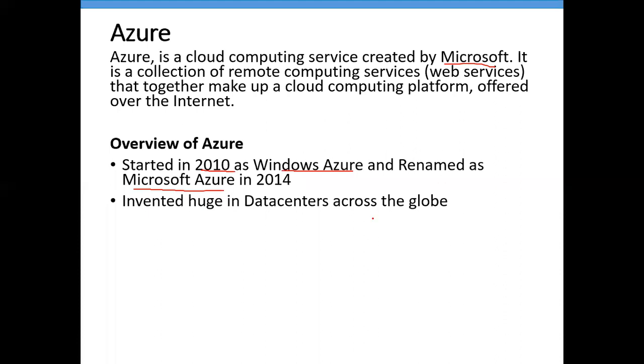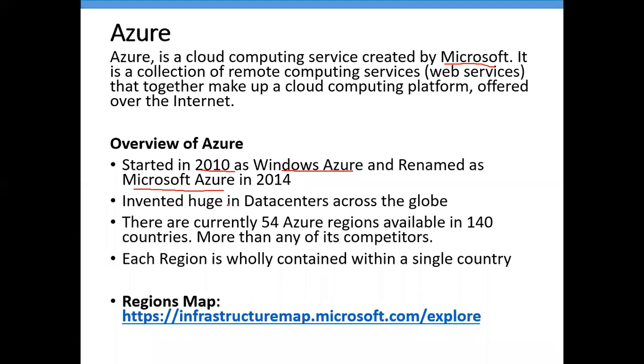They have invested hugely in data centers across the globe. They have 54 regions, which means they have servers in 54 countries, and more than that.